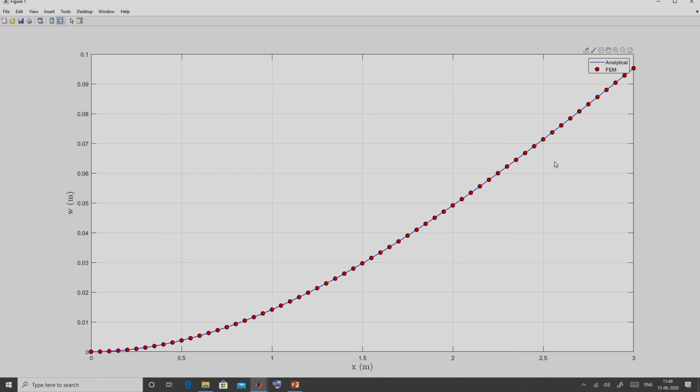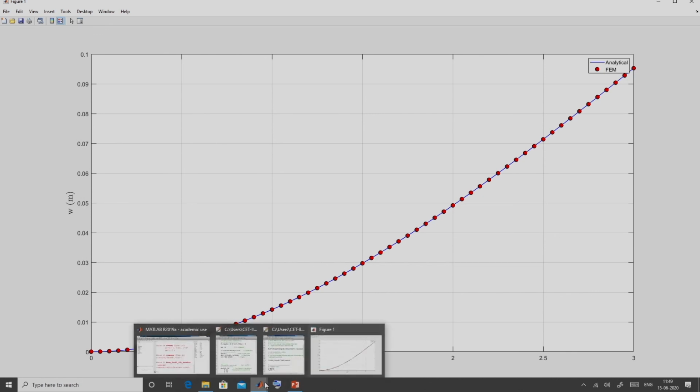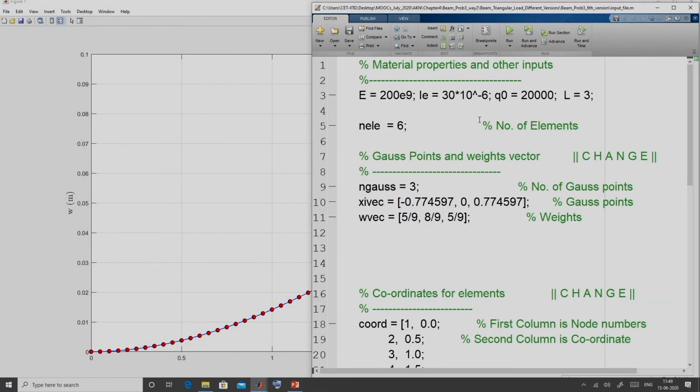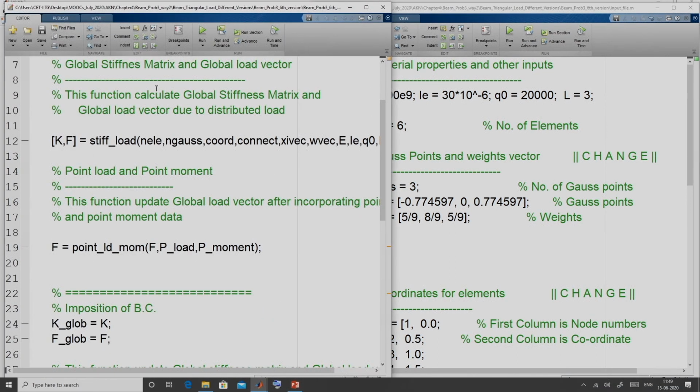For this problem, 3 elements were sufficient to get the prediction equivalent to analytical, but with this exercise I have just explained how to take care of mesh refinement only in the input file. You need not change any of these functions which are part of our generalized code.